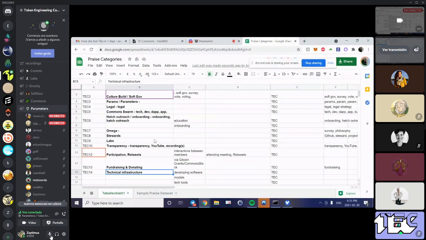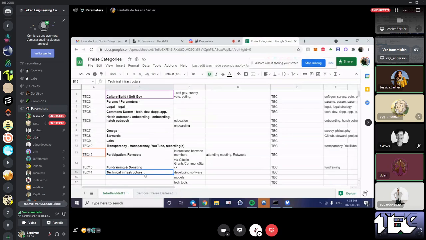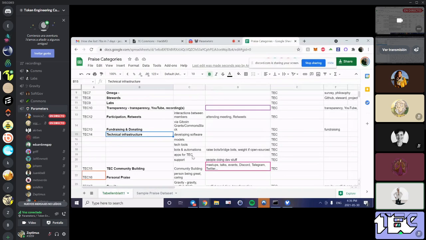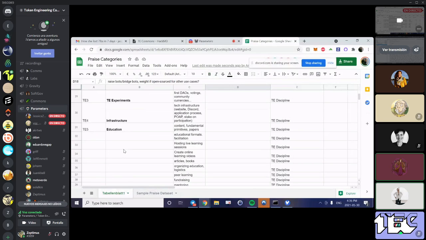Oh yeah, like the Garden implementation, right? They're specifically handling the Hatch app and all this, but we could combine them. I agree, they are different in nature. Technical infrastructure is broader and more generic, and Commons Swarm is a very specific task. Okay.